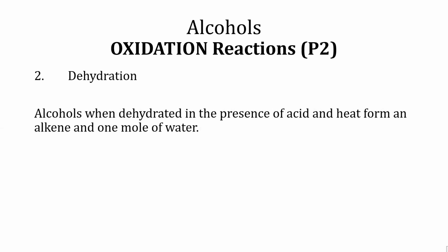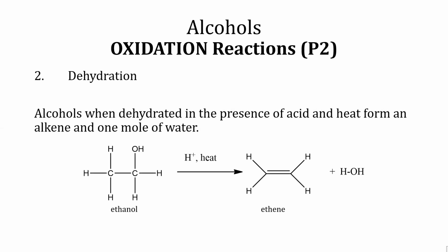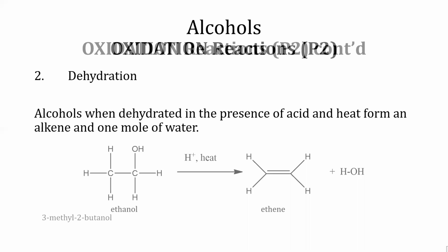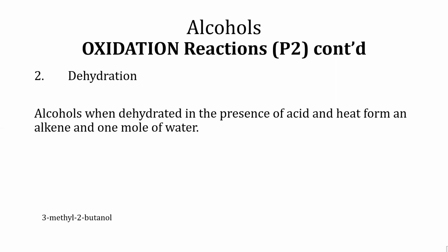Alcohols, when dehydrated in the presence of acid and heat, form an alkene and 1 mole of water. The first example is ethanol, which when dehydrated forms ethene and a mole of water. The second example is